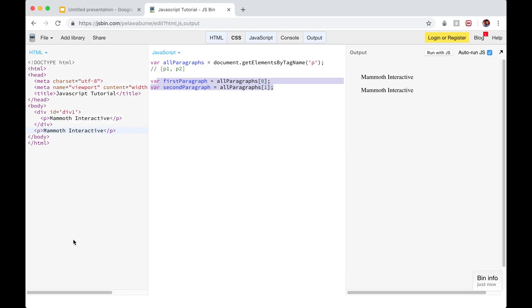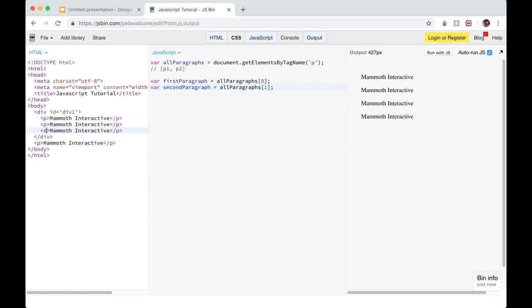If we had a ton of text, that could be dozens and dozens of paragraphs. What if we only wanted this paragraph? Well, we could assign an ID to it, but what if there are actually multiple paragraphs within this? What if we had 2 paragraphs here, and we want both of them? Well, we could do a class name, but then what happens if there's, let's say, a div with that same